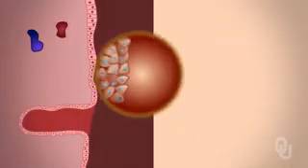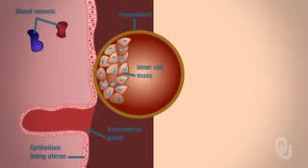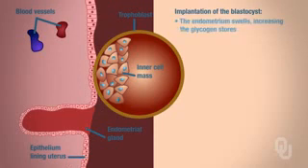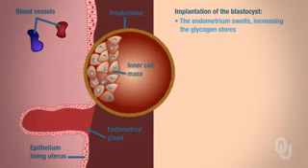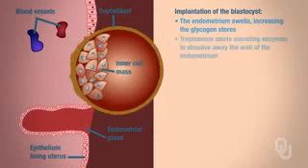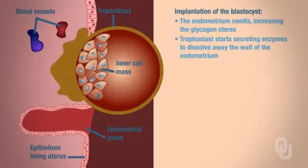So now we have the blastocyst. The blastocyst will begin the process of implantation. We're in the uterus, and the blastocyst is going to start to implant. First off, the endometrium swells, and it increases glycogen stores. Why do you think we're going to need glycogen? Why is that important? Continuing on with this process of implantation, the trophoblast starts secreting enzymes, and that's going to